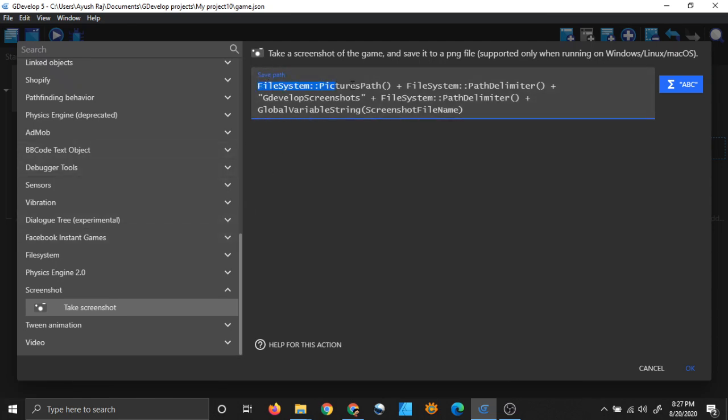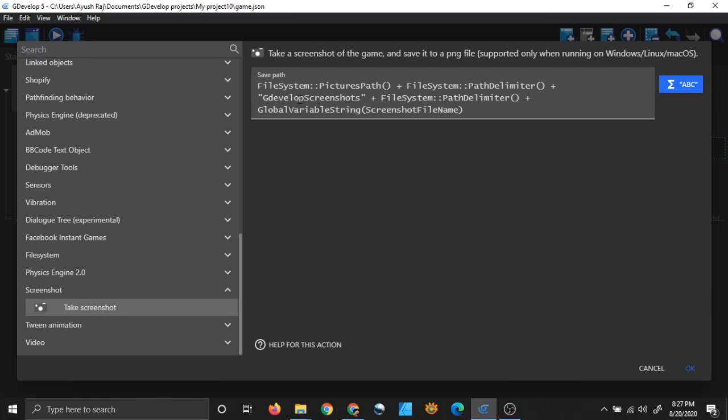We have written file system pictures path, which will give the default pictures path for any system among the three systems Windows, Linux and Mac OS. So file system double colon pictures path function plus file system double colon path delimiter function. This will give the pictures path and this will add a slash and plus my folder name.